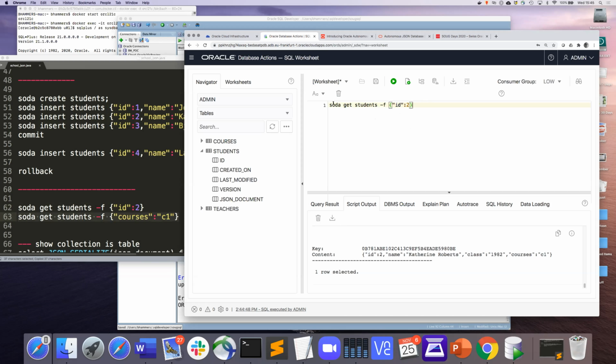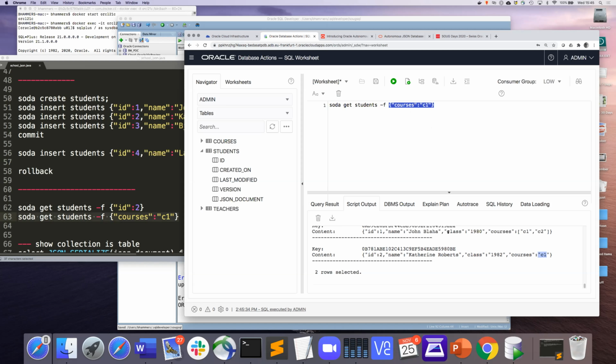This is something that NoSQL databases kind of came up with. It's kind of a JSON template that you match against your JSON document. So here we are looking for all the students who are enrolled in course C2. And you see Catherine Roberts is enrolled. Her course value is C1, not C2, but C1.